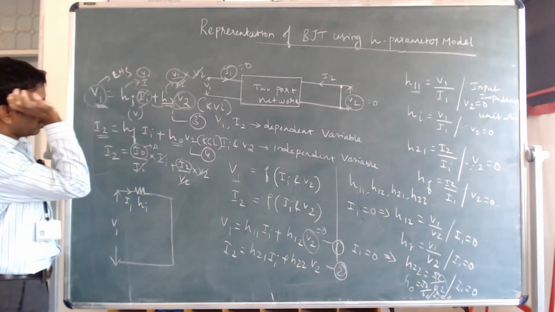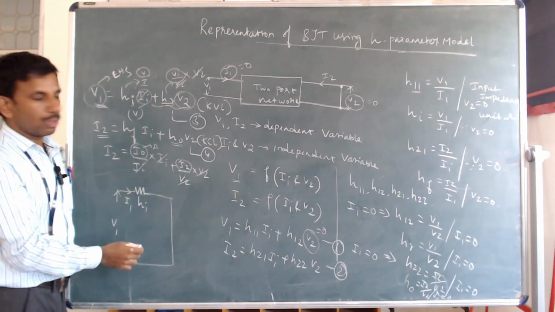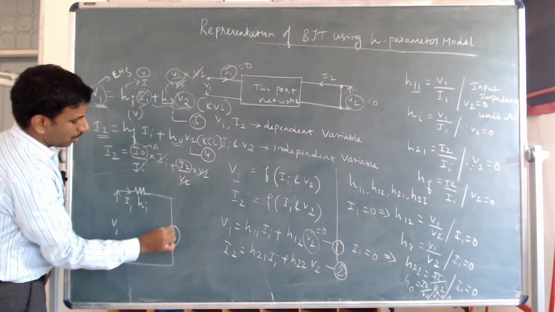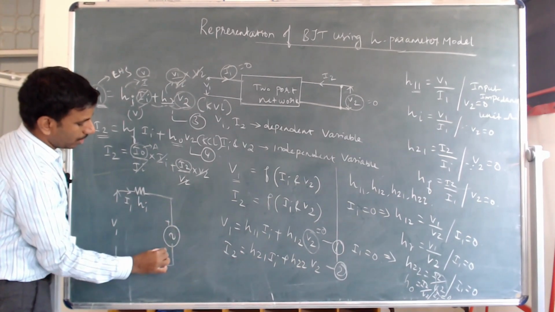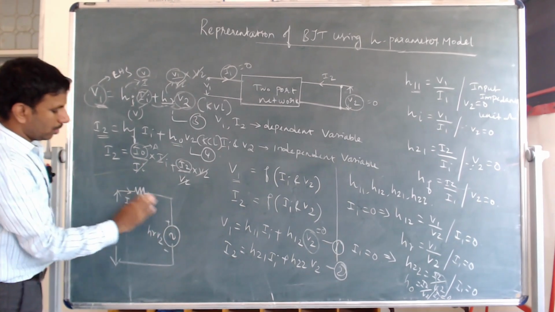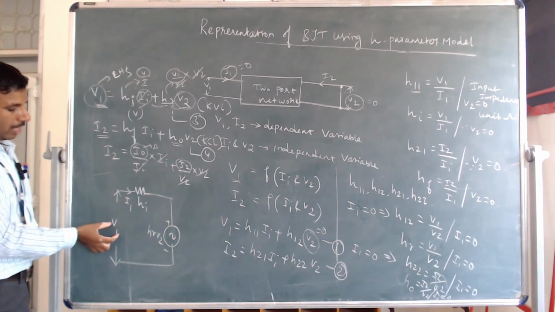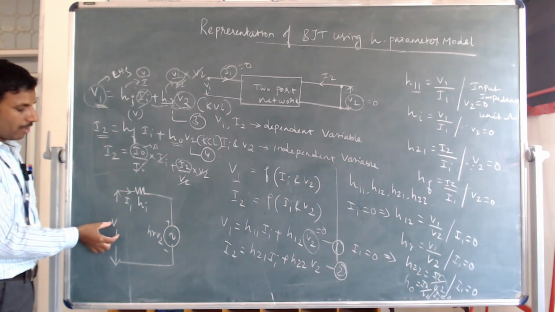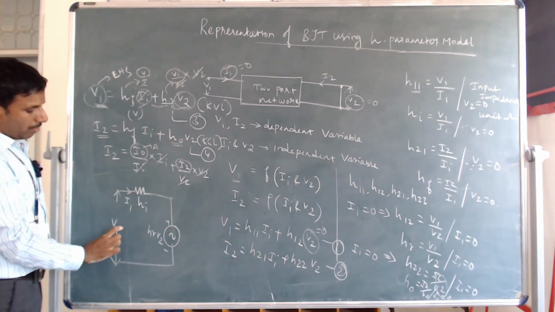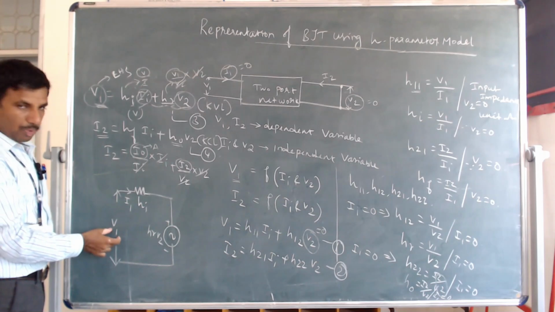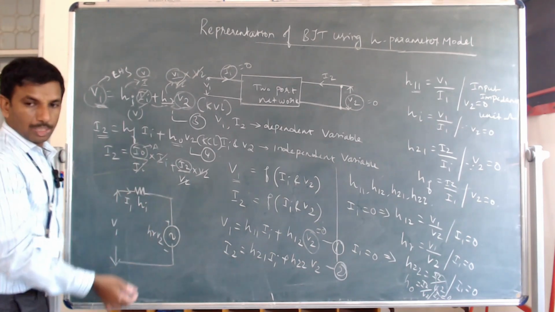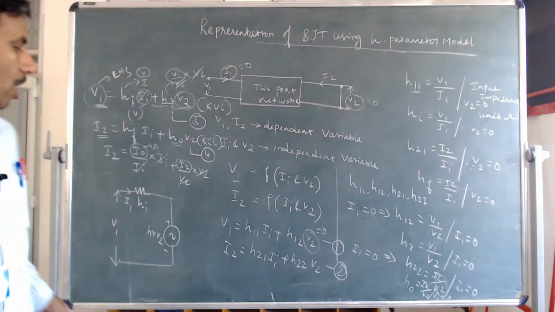And here HR denotes the voltage gain of the amplifier, so that is represented by a voltage source, plus minus. Here we will be having HR into V2. So this is the equivalent circuit. There is a net applied voltage given to the amplifier, and this is this particular drop, and this one is this drop. By applying KVL, the total applied voltage equals the drop present across here plus the drop present across here. By considering the same case in the output equivalent circuit,